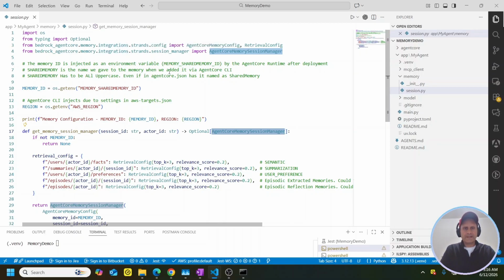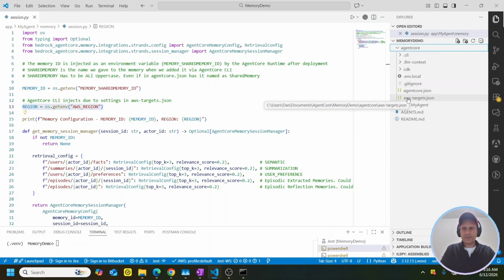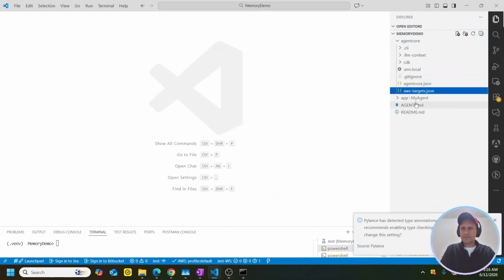Okay. And the other thing is, I want to show you guys a couple of things. First is these two. These are environment variables. This one, if you go over here, is AWS targets.json. Right now it's empty, but